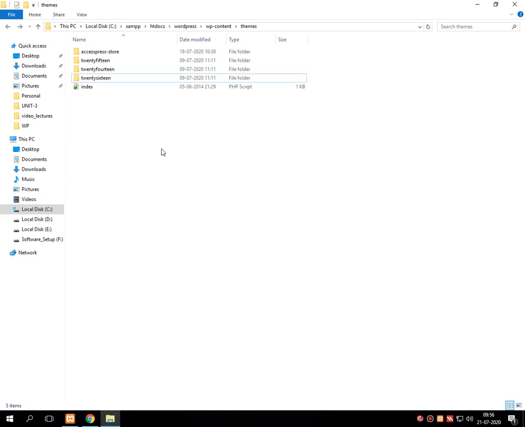Lastly, we are discussing the anatomy of default WordPress themes which is provided by content management system using WordPress. At the time of installation, we have seen a few sections, few files in that particular theme.